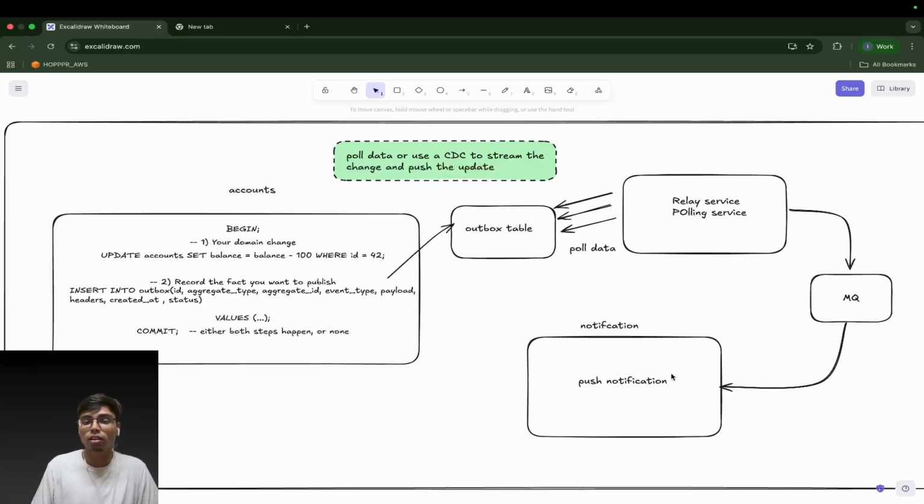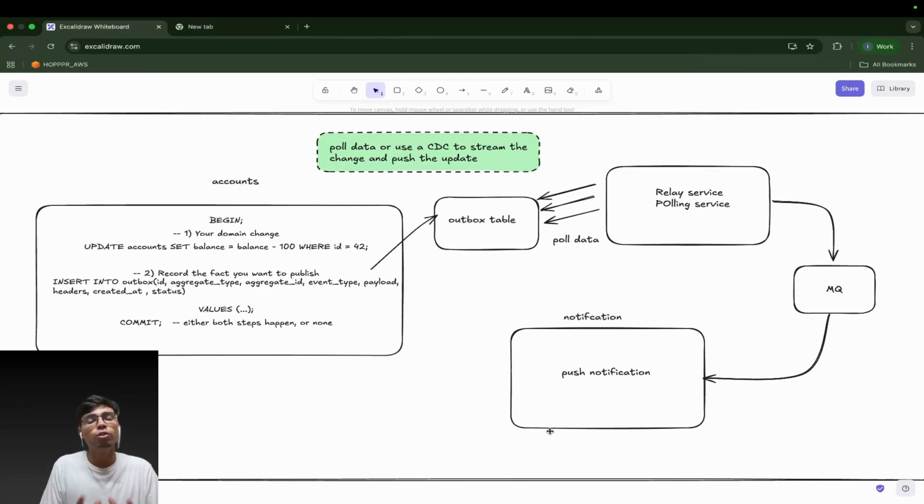So here we can see that the problems that we were facing previously are not going to happen in this case. Also, there is another issue. Let's suppose your polling service sends the event into your message queue, and then it needs to acknowledge the table. It needs to update the row status to done, in order to tell the outbox table that this event has been processed. So if it fails to update this, it can happen that our message queue picks the same row again and again and processes it, right,